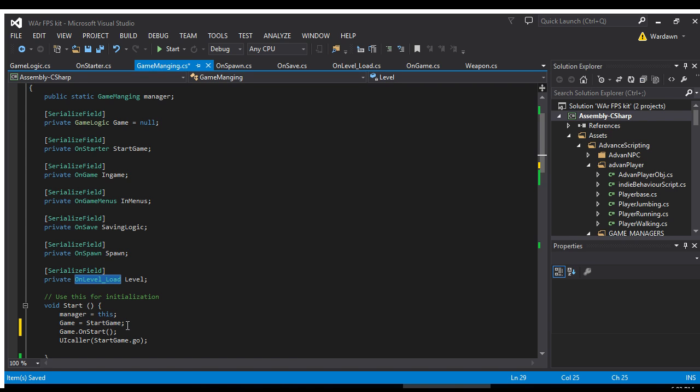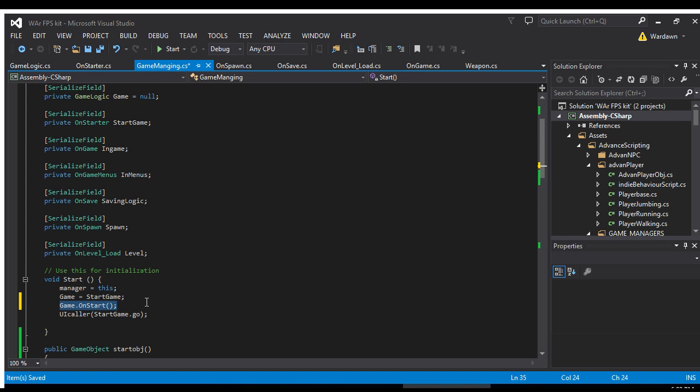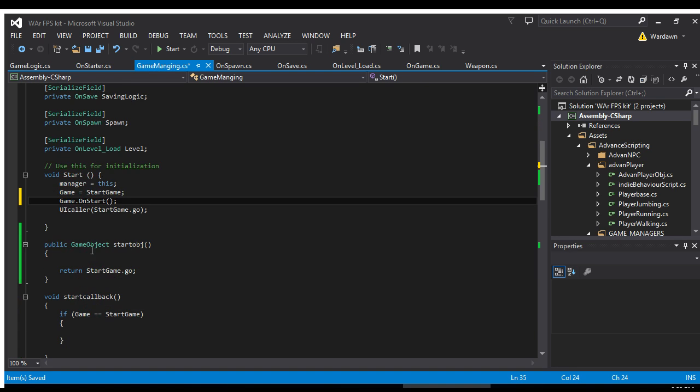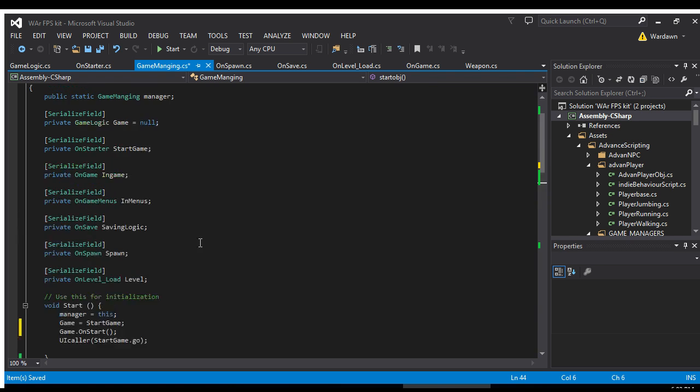unless I do a custom call for each one. If I'm in the game and I go to menus, I may not want this to run the start method. I may want it to do something completely custom, which is okay because I'll probably use a constructor from this class to do something instead of going through a bunch of loops. And this main class has access to